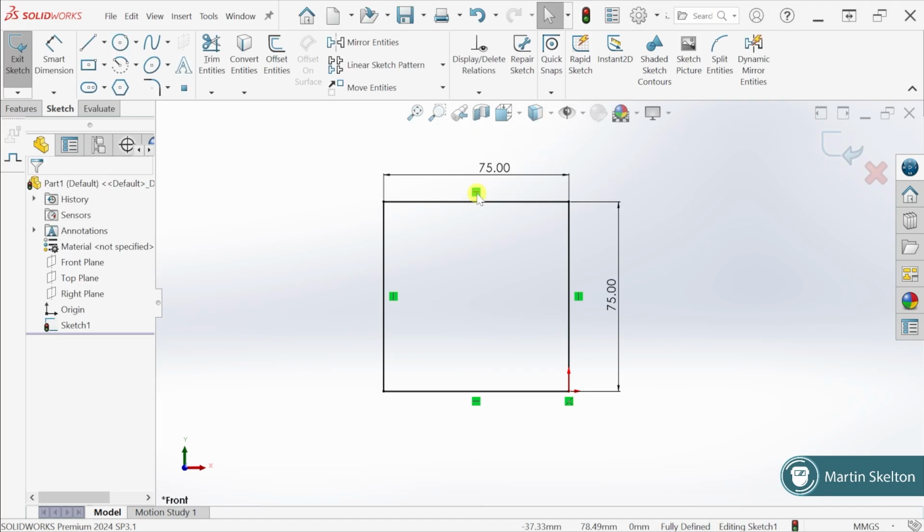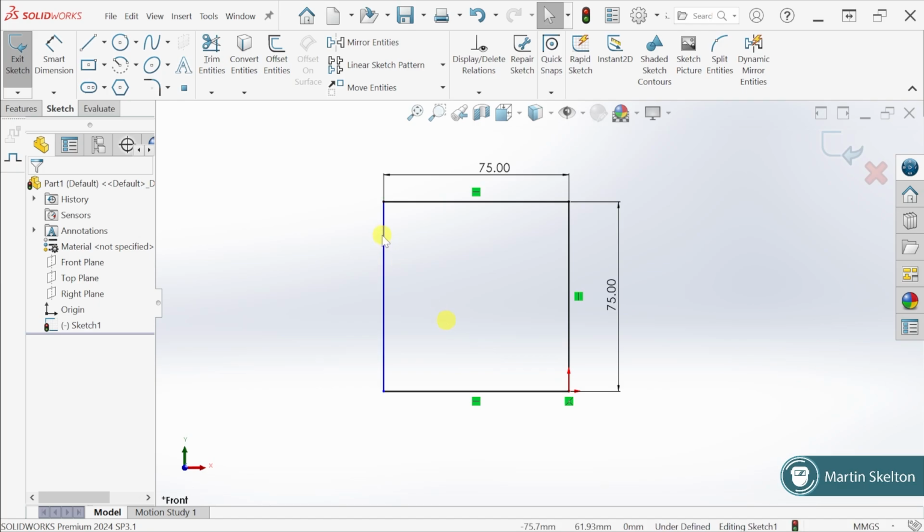Say I was working away and I had put in the wrong relation. Well, I need to delete a relation or maybe reattach a relation somewhere. If I click on the relation, see the green box? Click, it now turns blue. So it just means that's highlighted. If I press my DELETE key,